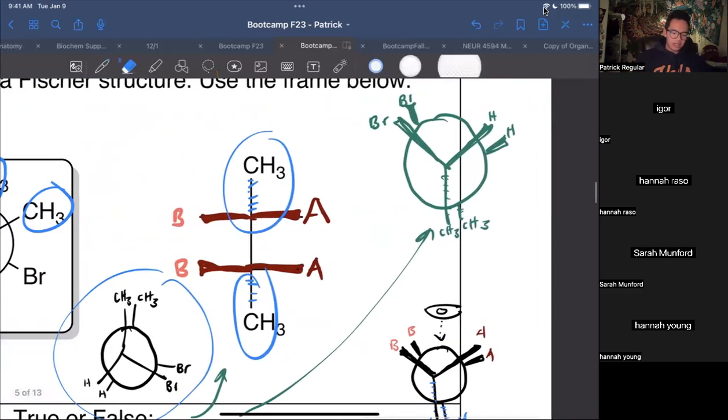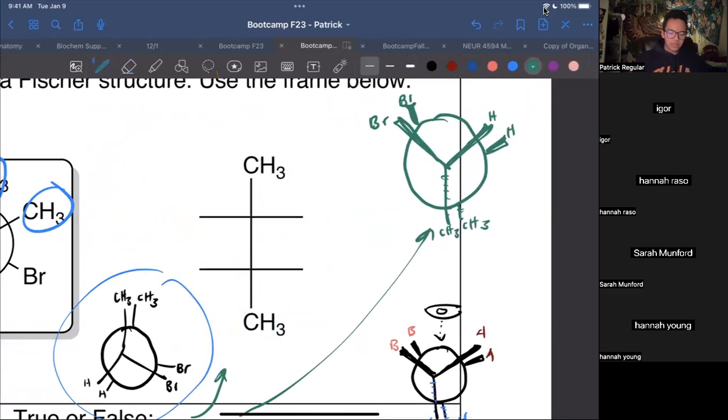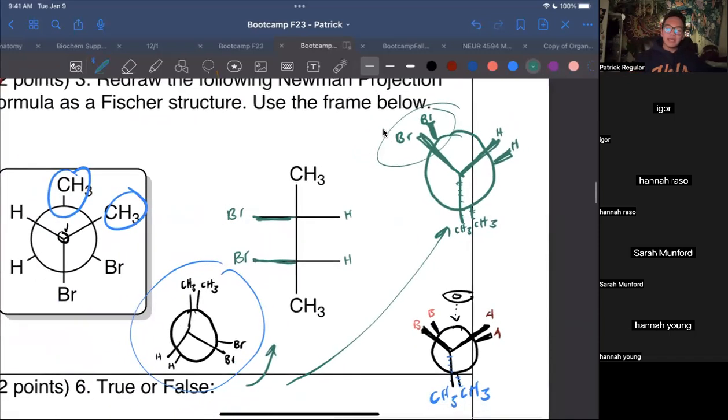So, looking at this, let's erase all this mumbo jumbo. The Brs are on this wing. Br, Br. Again, they're both wedged and they're eclipsed. And the Hs are also wedged and eclipsed. That's the answer. Being able to do that on the fly is a very good skill, especially,